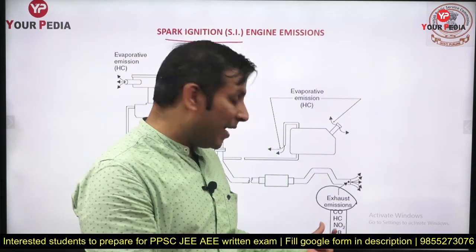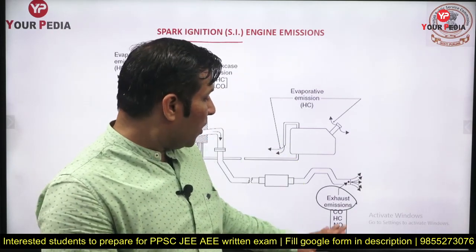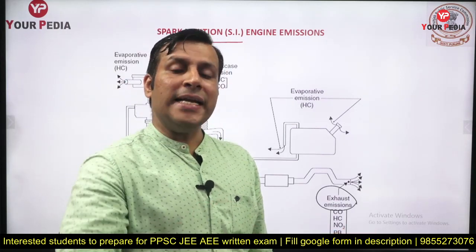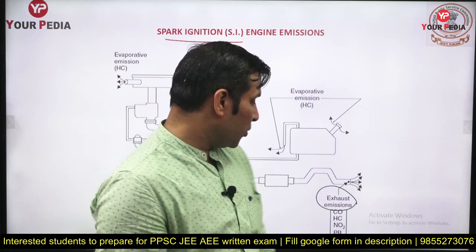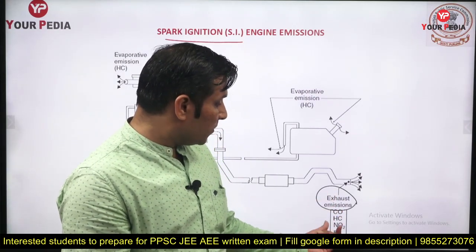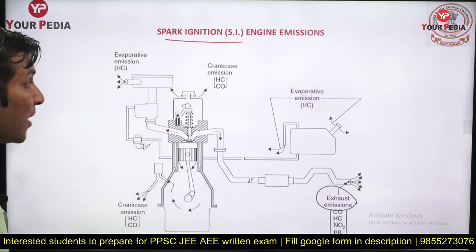Usually there was a practice initially to add this lead into the petrol to increase its octane number, but this is banned nowadays because lead, if it is entering into the air, is also going to cause pollution. Nowadays you cannot add tetramethyl lead into the petrol, but yes, if you are adding it, that is going to increase the octane number and the quality of the fuel is going to improve. But yes, that is going to cause the pollution. So in general, in petrol engine exhaust products you can get carbon monoxide, hydrocarbon, NOx, and lead. These are the pollutants which you are going to get from the exhaust gases.